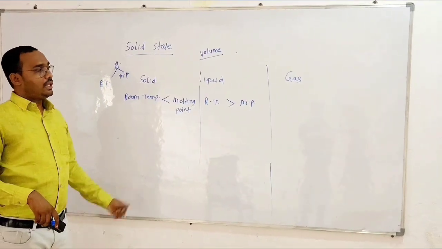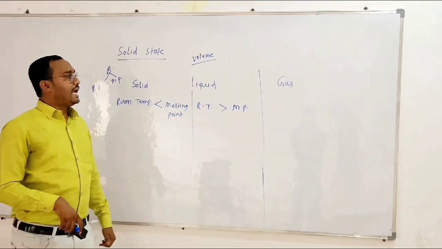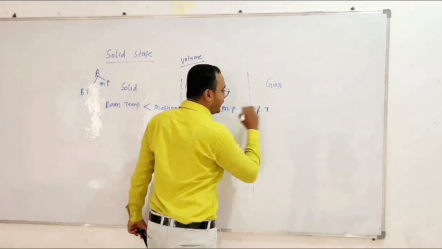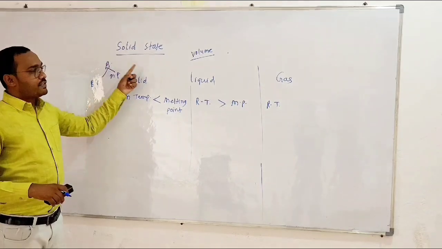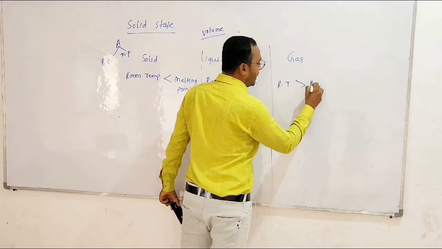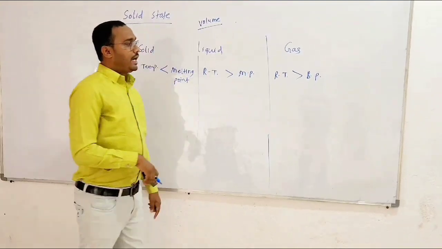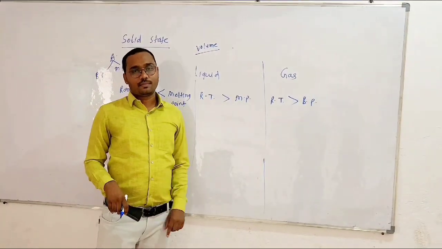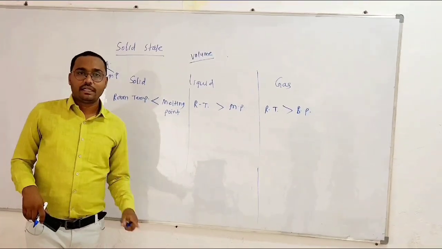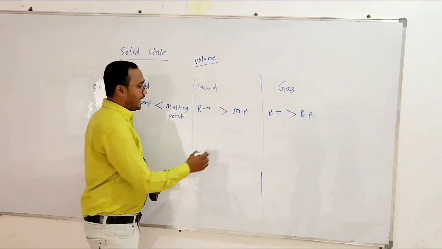Then, how we can compare the gaseous state? Just compare the room temperature with the boiling point of substance. If the room temperature is more than boiling point of substance, then the matter is present in gaseous state. In this way, we can compare the different states of matter in different conditions, like in